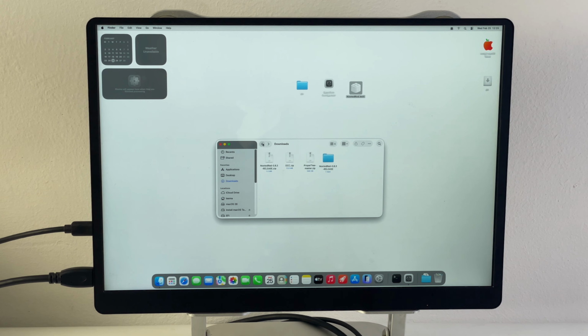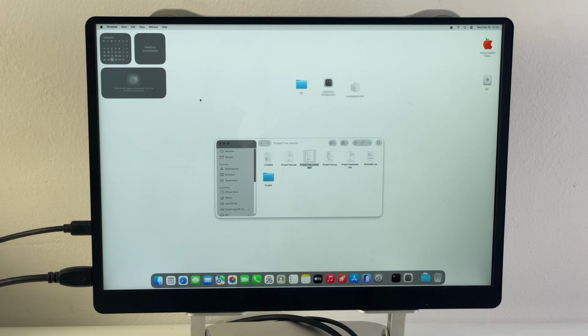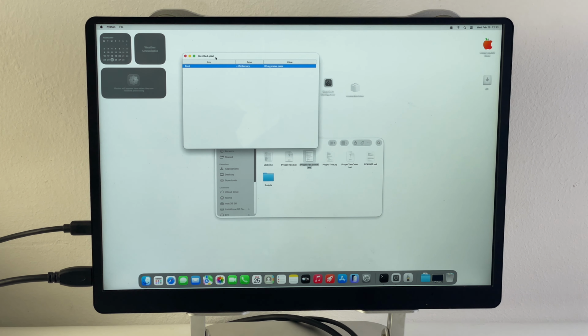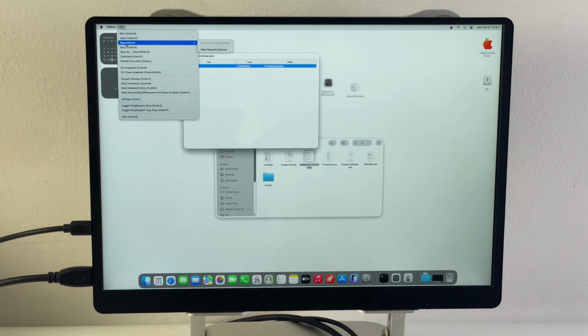Now let's go back and then extract Propertree. Open the extracted folder for Propertree. And you should see propertree.command, which is what we're going to use to run Propertree on macOS. So double click on propertree.command to run, and it should open a window for Propertree. Now once this window is open, look at the top left and click on File. We are going to click on Open